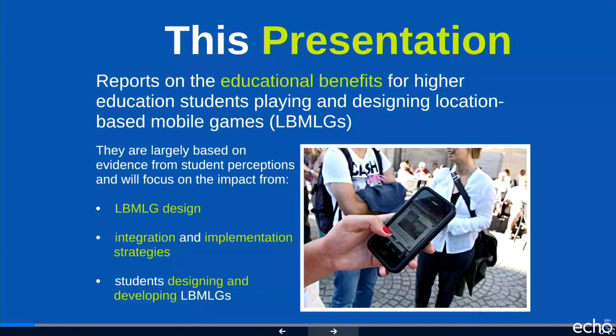We've gone out and we've collected that evidence, and we will talk to you particularly about location-based mobile learning game design, the integration and implementation strategies that some of the academics have used, and the consequences and some issues of staff-designed location-based mobile learning games and